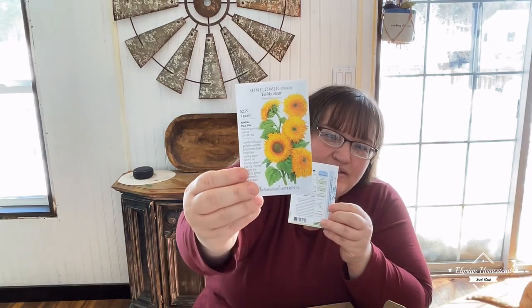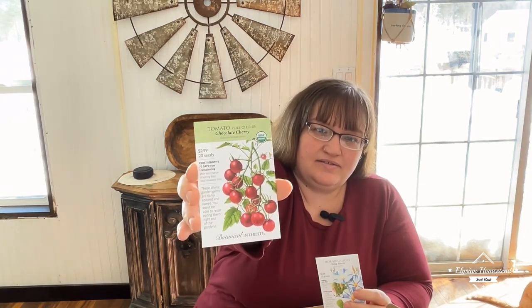And that is everything from Johnny's, Botanical Interest, which is one of my favorite seed companies. I love their packets. I love their seed quality has always been really good. They ship quickly. I love them. We have the free mescaline mix, Teddy Bear sunflower, chocolate cherry tomato, Morning Glory flying saucer,